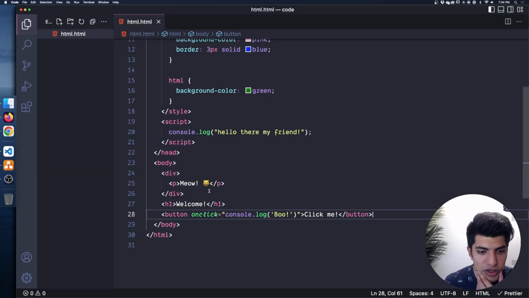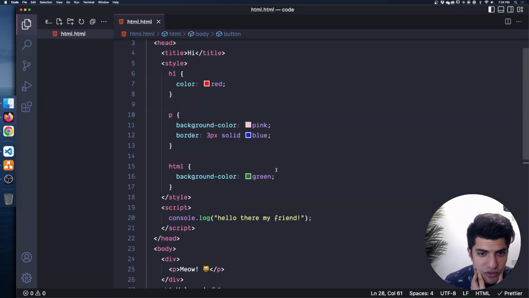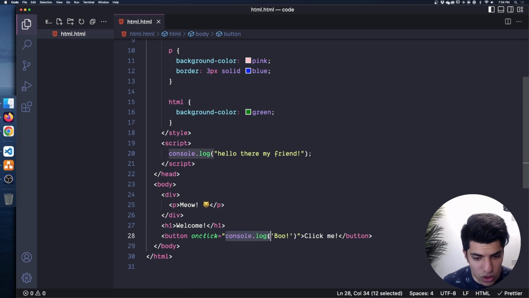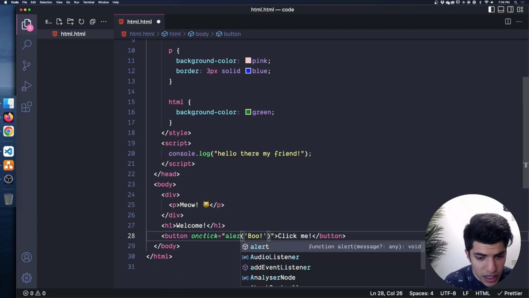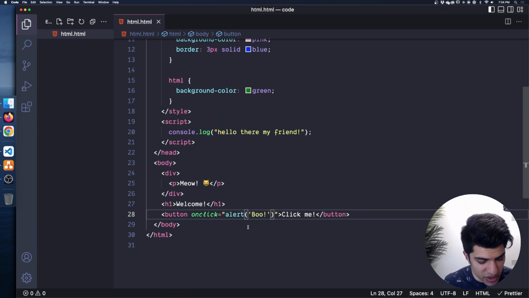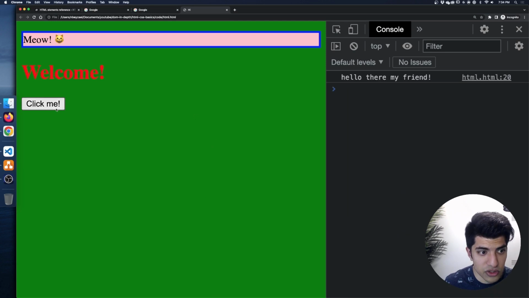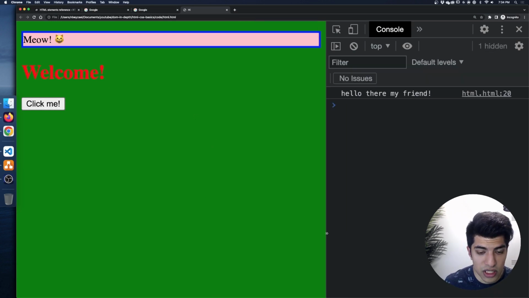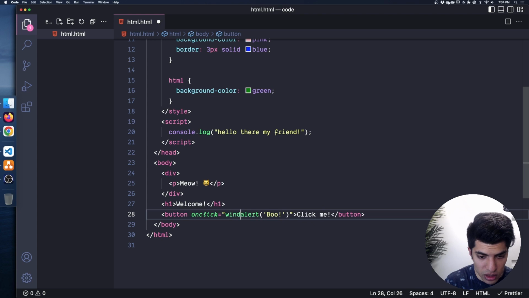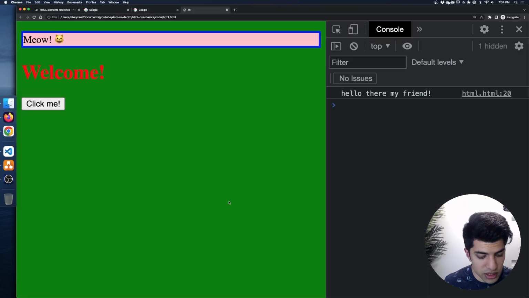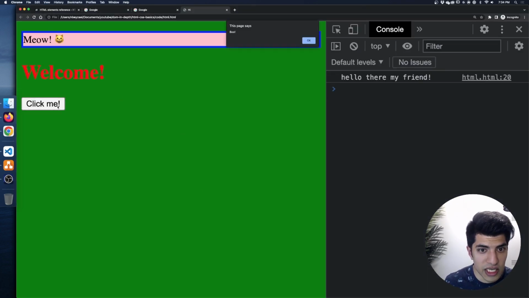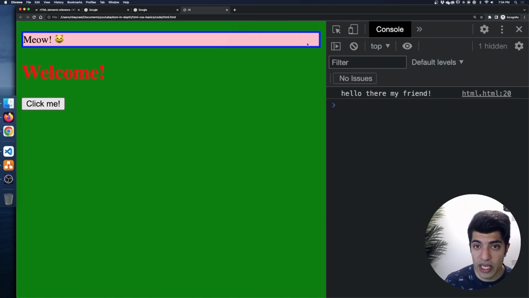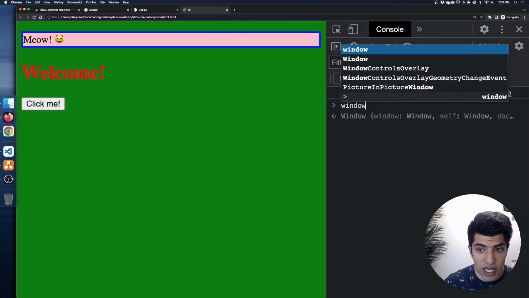So let's go back to our code here. If you remember, here we had an alert, right? And if I save this and I come back in here and I reload this page, this works. This brings up the alert. If I switch this to window.alert, let's see if it still works. If I come back here, reload the page, click it, it still works. Okay. The reason is that if I show you window,